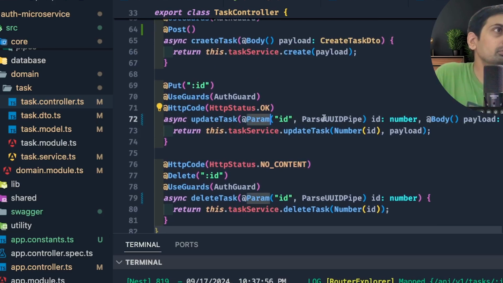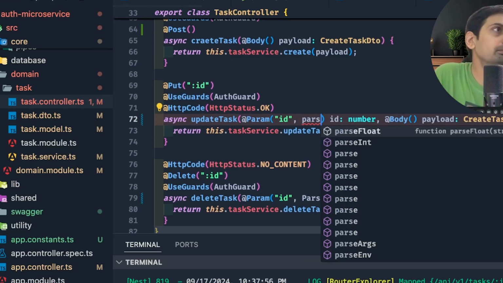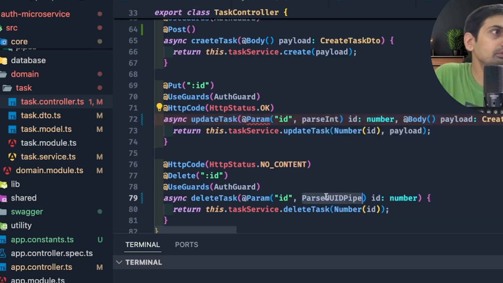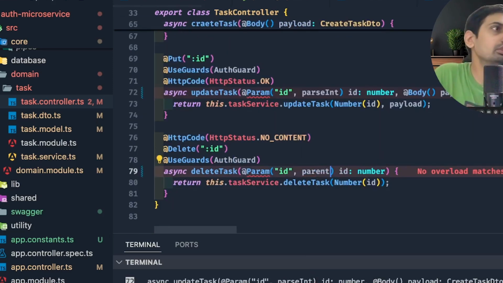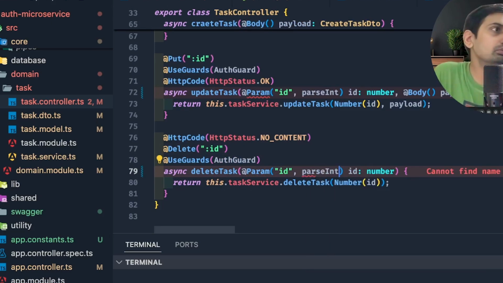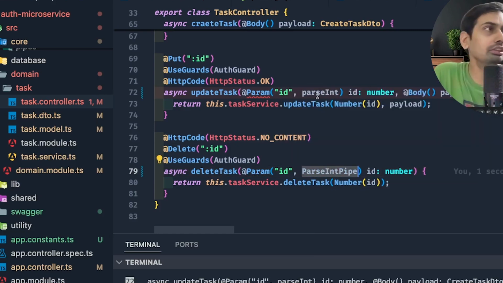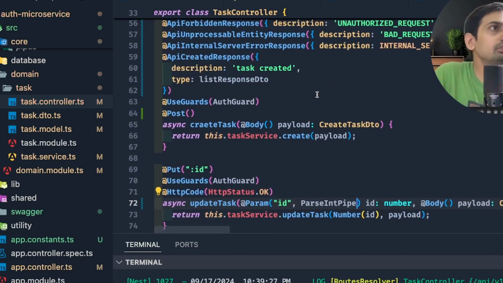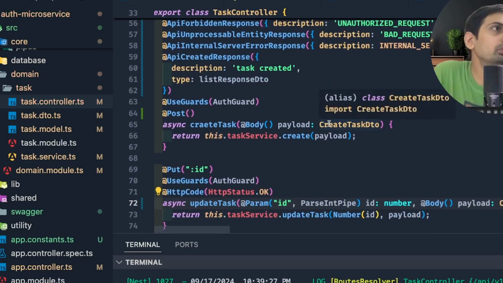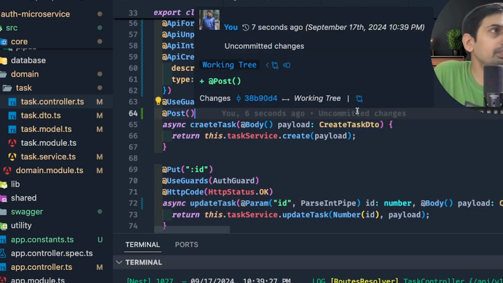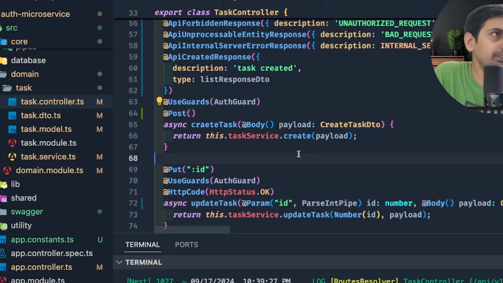Okay, so here we are passing parse UUID pipe. So we can just convert it into the right way, which is parse int pipe. And what should happen? Okay, this is the correct one. Okay, what should happen with this DTO? I mean, we are passing this payload, and how can we do the validation for this? We have added class validator, right? So in create task